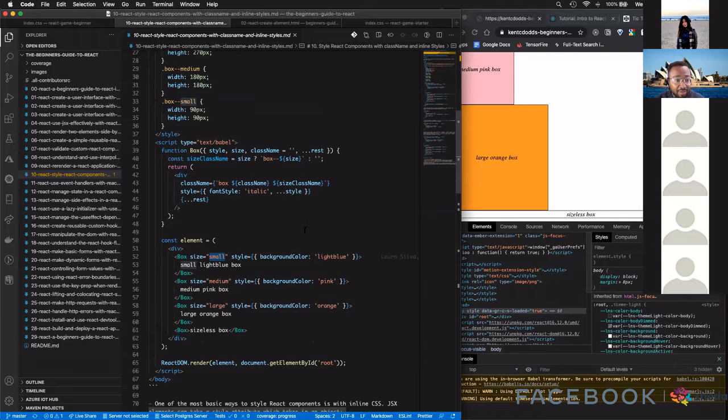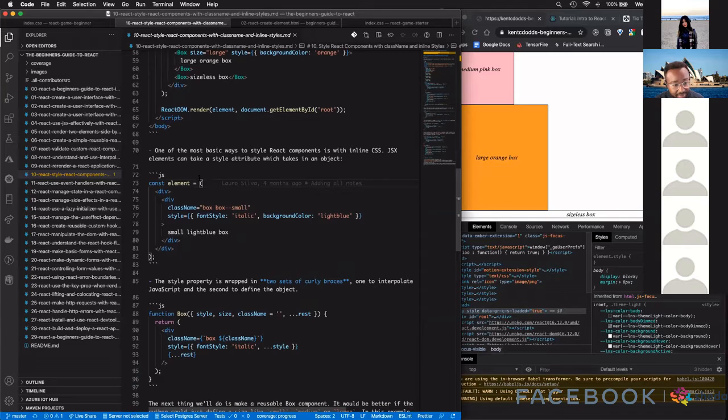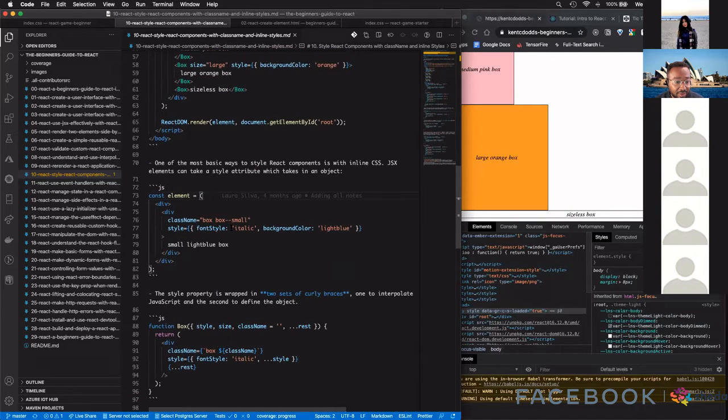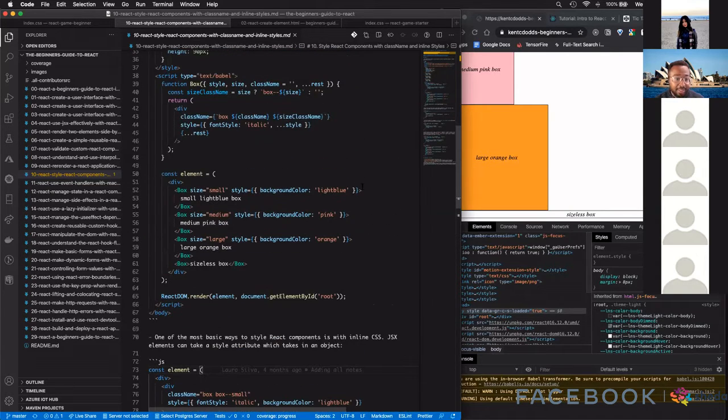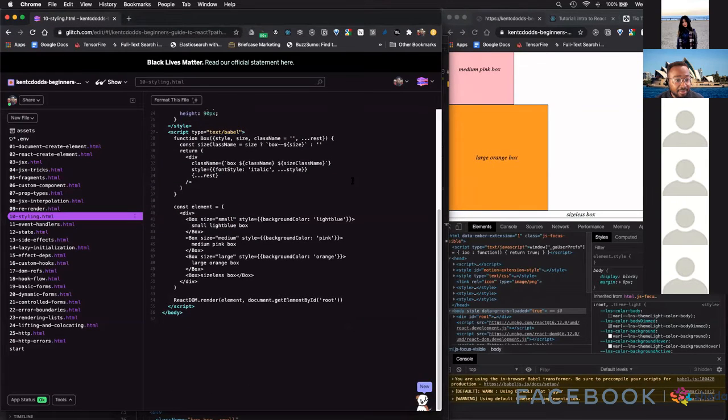But you can also style using inline CSS. So JSX can take in inline CSS as well as a class. So the final rendering looks like this. It's box and then the size, and then you can pass in the fonts or different background color. So in this case, if I just switch back to the browser, I can add in other styles here. So I can say,